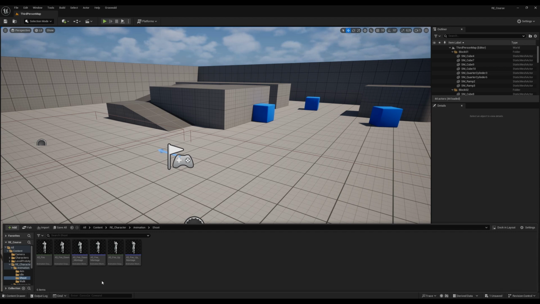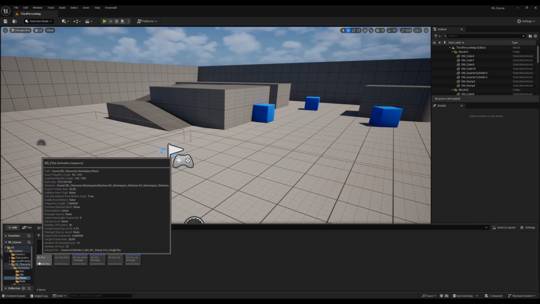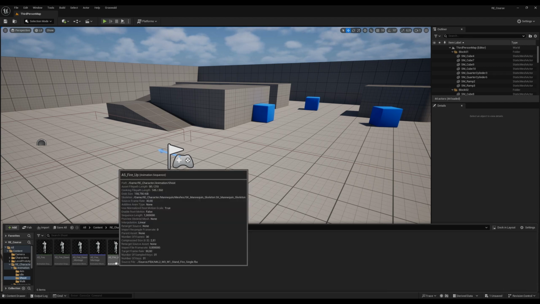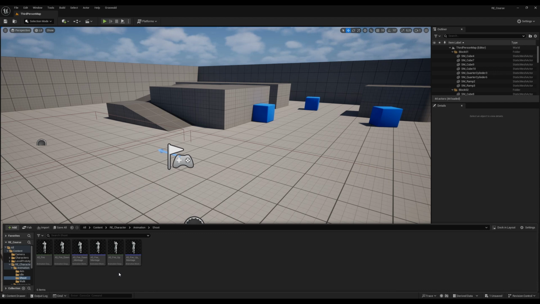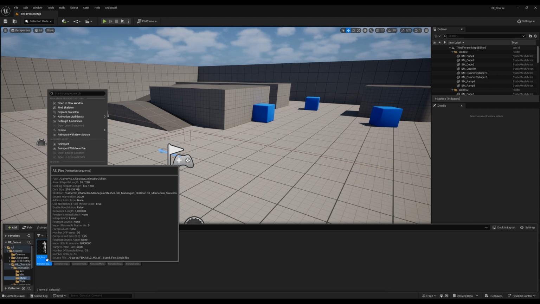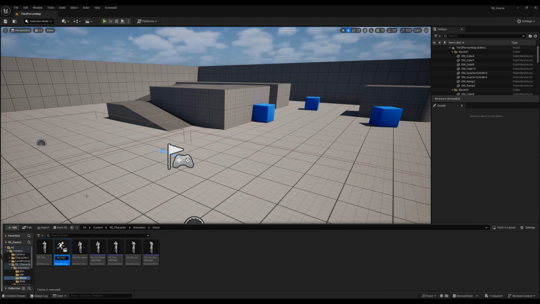So what we are doing basically now is we use the AS fire, we use the fire down, and we use the fire up, and create just one single frame of each animation sequence. This is the reason why we are doing fire down, up, and straight, so that we have the identical animation for our aim. I made a folder called aim, and make sure that you have this one as well. So just get your,